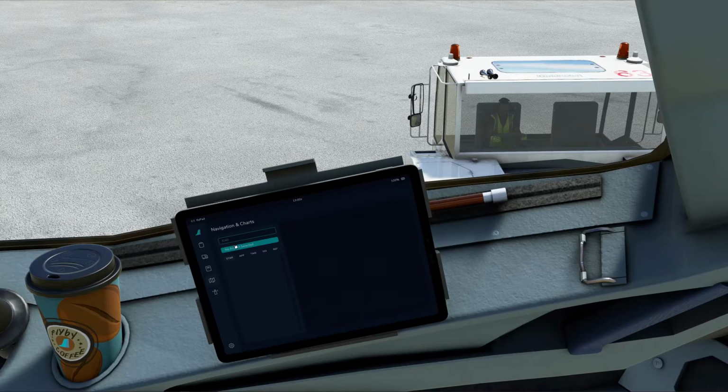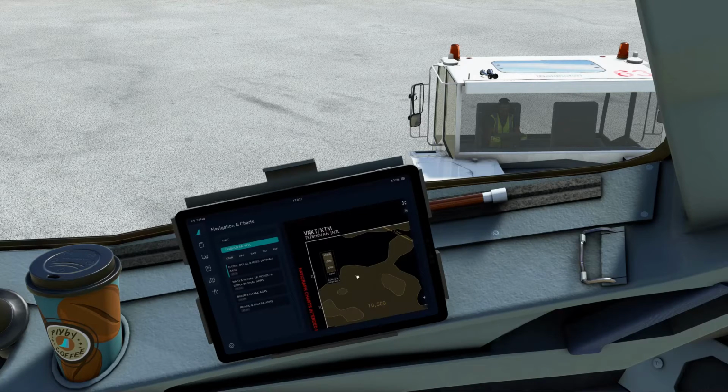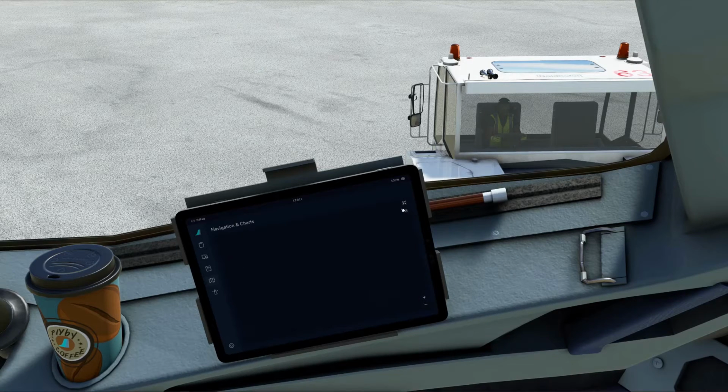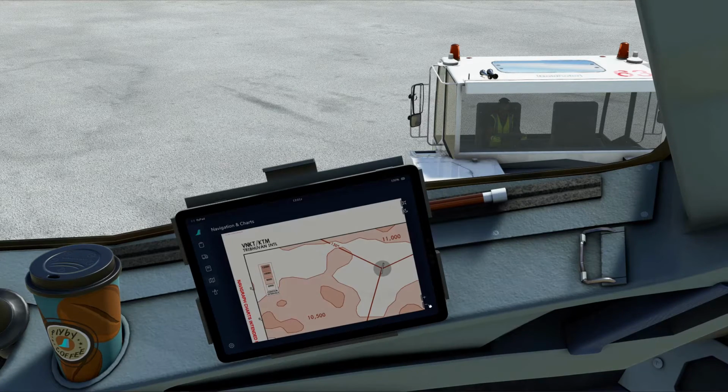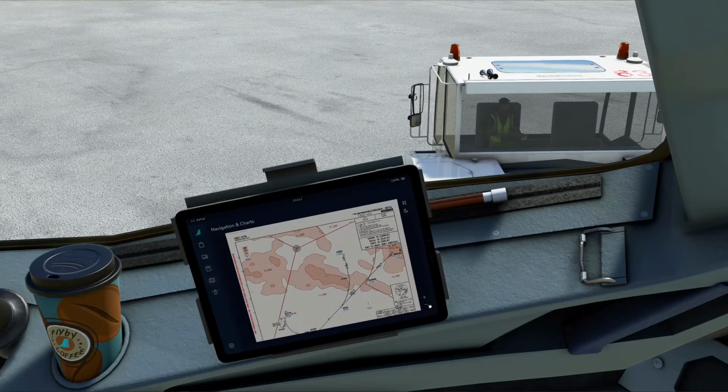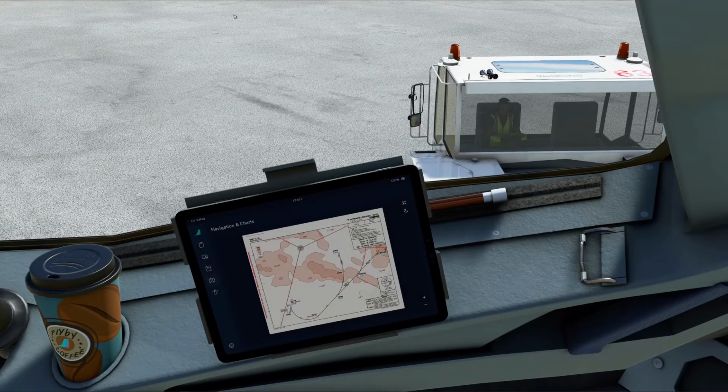Alright, so I can type out the ICAO code for Kathmandu, which is Victor November Kilo Tango. Okay, and there you are. It's now going to bring up the SID, rather, for this airport that we're going to be using, and you can change it to daytime like that, and you can zoom out, and pretty much you'll get what we've got up here really.